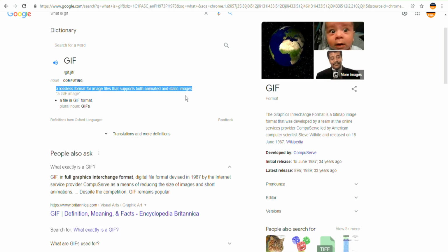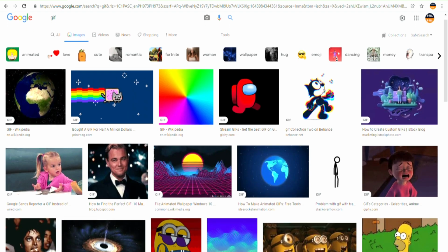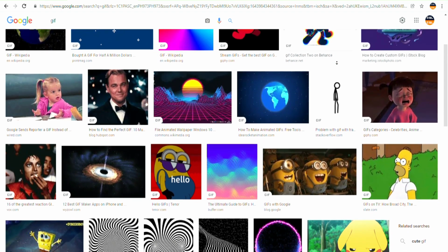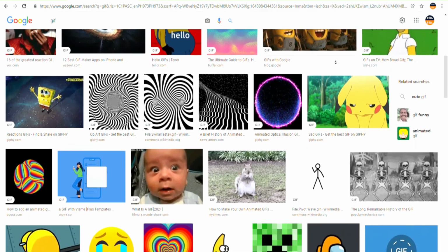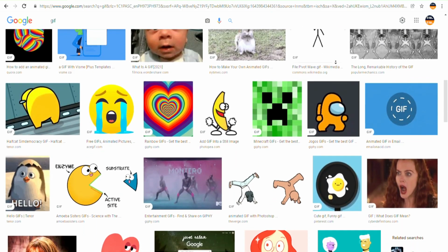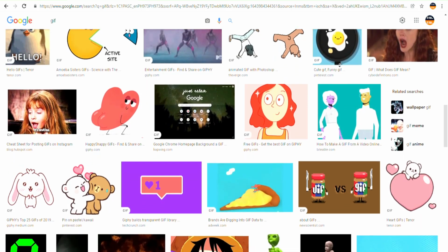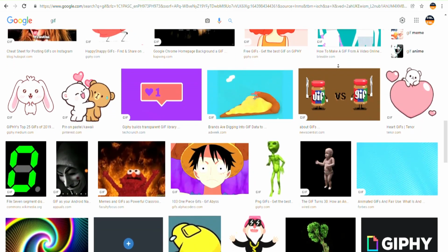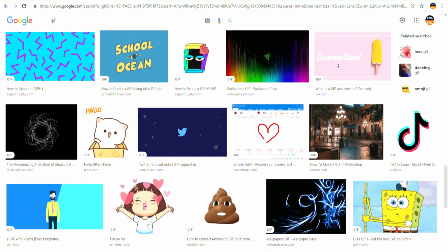If you want to see what a GIF looks like, you can simply search for them in Google Images and then you'll be able to see the results. As you can see, GIFs are somewhat similar to videos, but they are just short ones. They don't contain any audio or music. This right here is a GIF, and this one as well, and this one as well. I think you've seen this online, especially on Facebook. Even in the comment section, you will be able to see them.